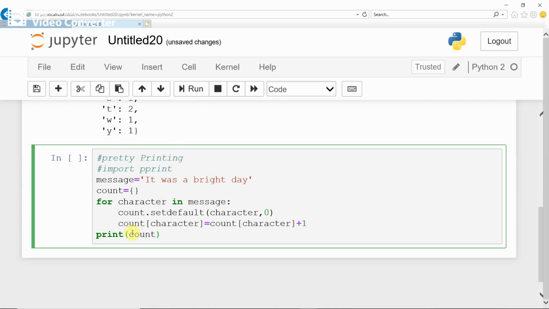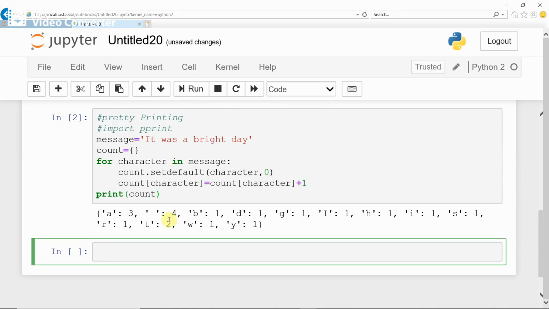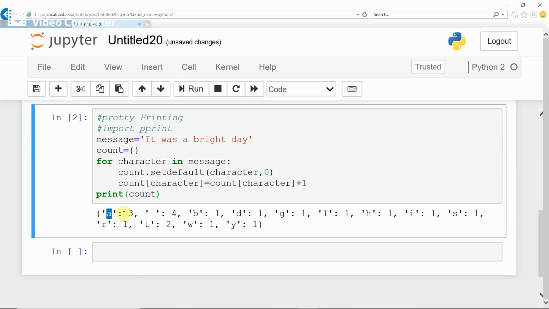Now you run the program. Print count displays the count dictionary with normal value. Is it possible to print the entire dictionary in this way? We just run and see. See, it's possible, displaying the key value.